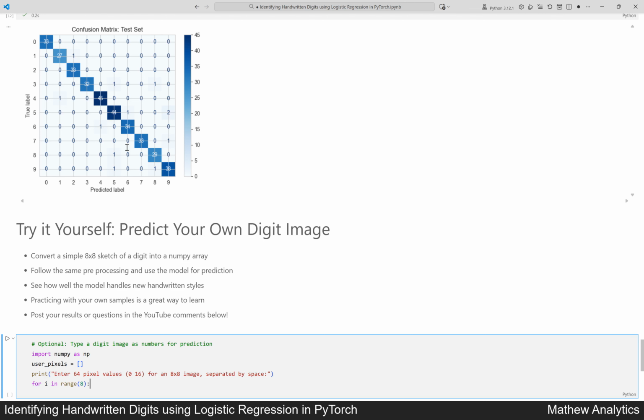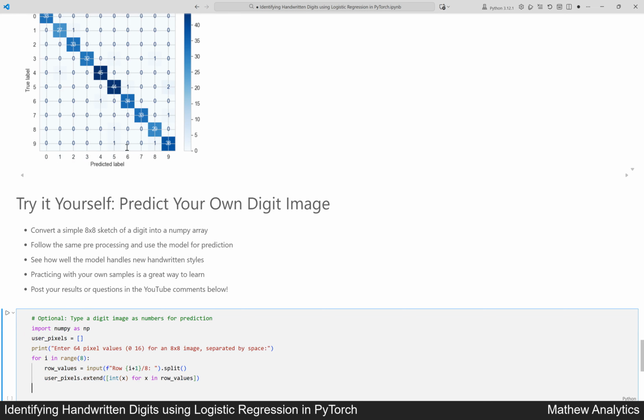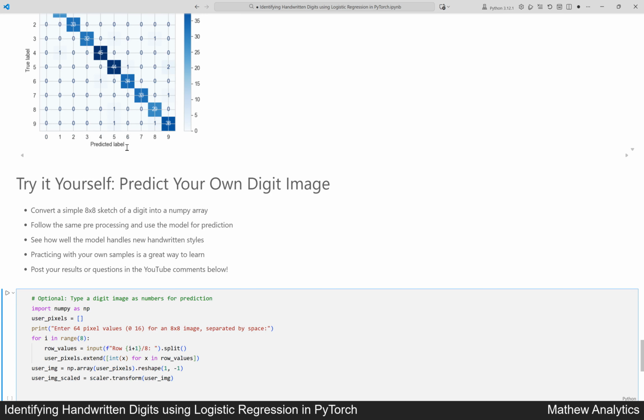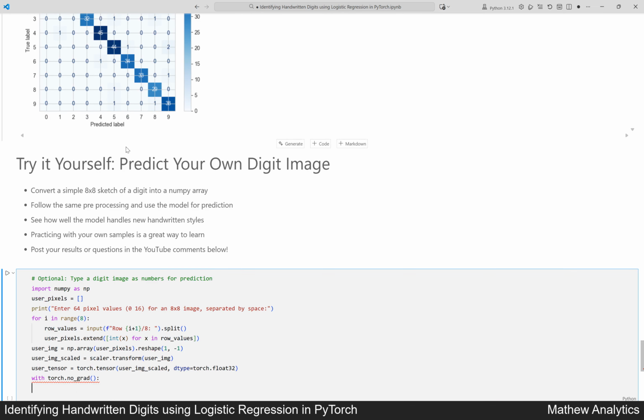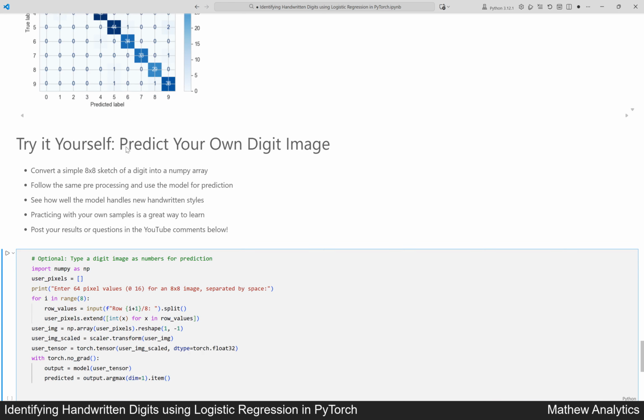for i in range(8): row_values = input(f"Row {i+1}/8: ").split(). user_pixels.extend([int(x) for x in row_values]). user_img = np.array(user_pixels).reshape(1, -1). user_img_scaled = scaler.transform(user_img). user_tensor = torch.tensor(user_img_scaled, dtype=torch.float32). With torch.no_grad(): output = model(user_tensor). predicted = output.argmax(dim=1).item(). print(f"Predicted digit: {predicted}")